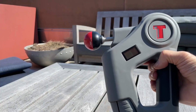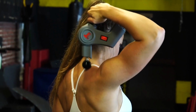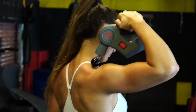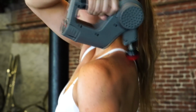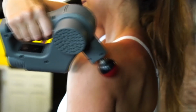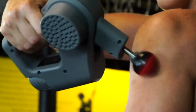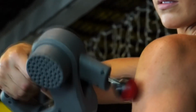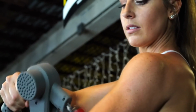The Tim Tam Power Massager Pro offers speeds up to 2,800 reps per minute, that articulating arm I previously mentioned, and comes with some unique attachments, including an auto heating tip and a vibration attachment that increases the intensity of the vibration mechanism to add another element of massage alongside the percussion element. You can set the heat to go up to 99.5 degrees Fahrenheit, and the battery gives you about an hour